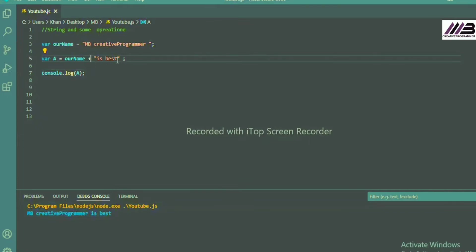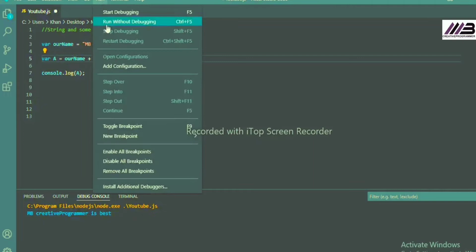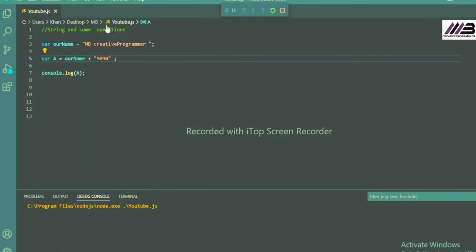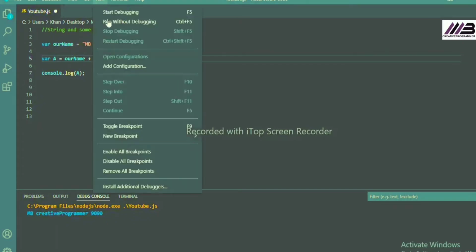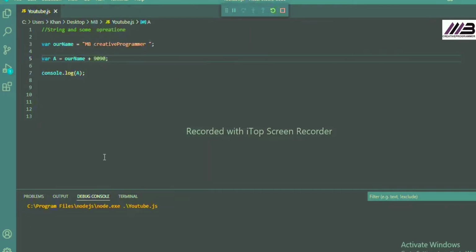You can concatenate a number with it too. Now we will write some number like 9090, but this is also considered a string, because anything that is between two quotation marks will be considered a string. So now we have to concatenate this string with the number. It can be concatenated with the number 2, and now just take the output. This would be